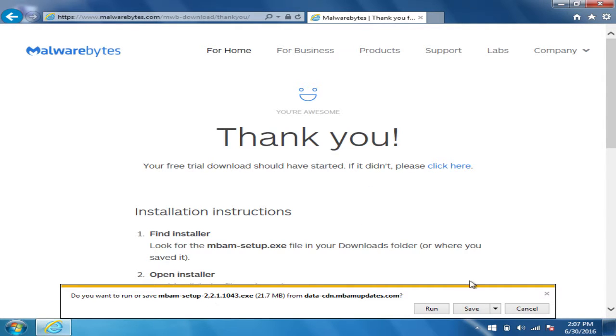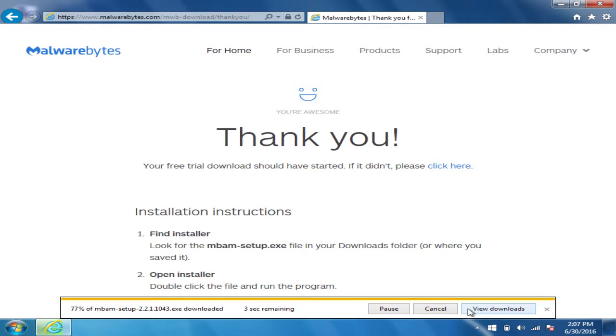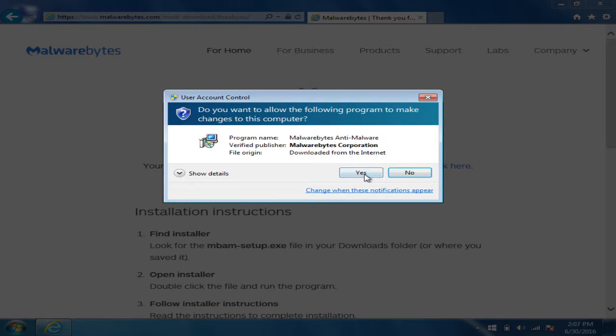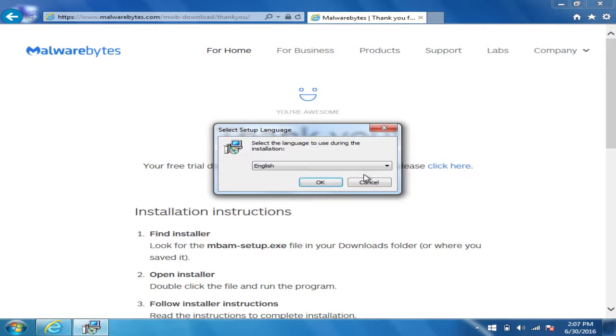Okay, so when it pops up, if you're planning on using it on multiple computers, you can save it, or you can run it. I prefer to just save it anyways, but it doesn't really matter which option you do. And then it's going to ask you for permission to install it. You just go ahead and give it permission.